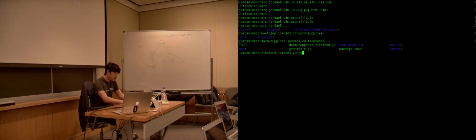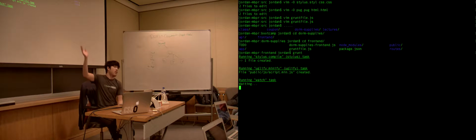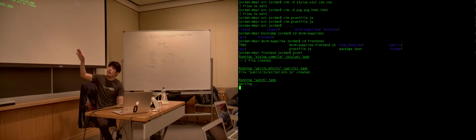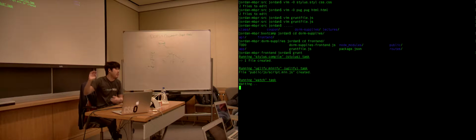We can just run grunt, and it will run those three tasks that we defined. So first you see stylus running, then you see uglify running, and now you see the watch task. And now it's just waiting. And so if we make any changes, it will refresh. It will automatically run whatever task we define, and then just wait for you to make another change, and also